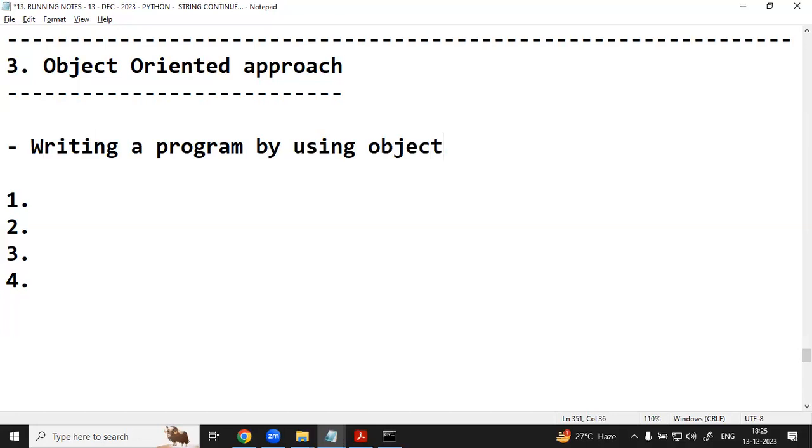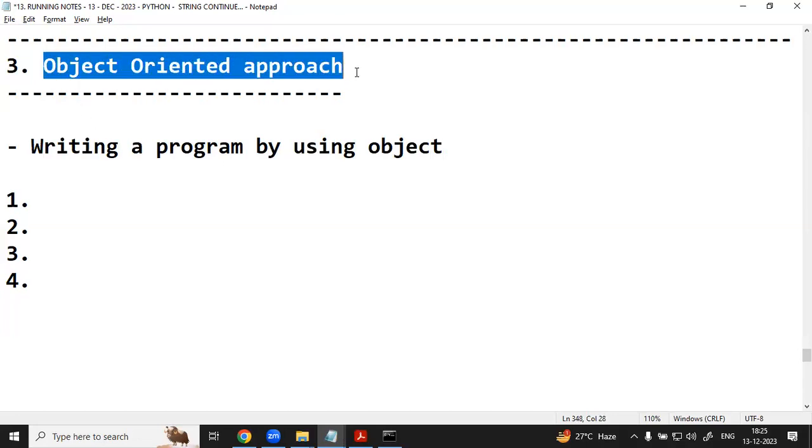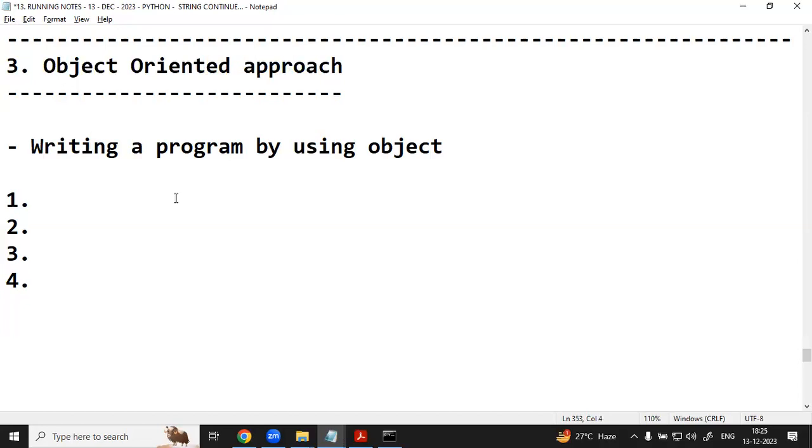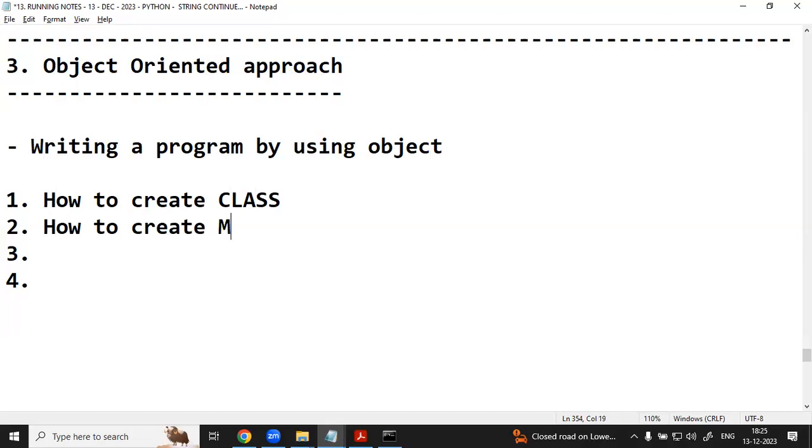If you wanted to understand the object oriented approach, there are 4 points you need to understand. What is the first point? How to create a class. That is a point you need to understand. Second one, how to create a method, that too inside of the class.